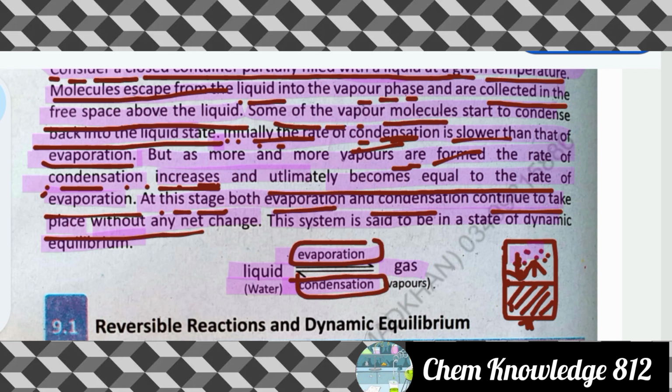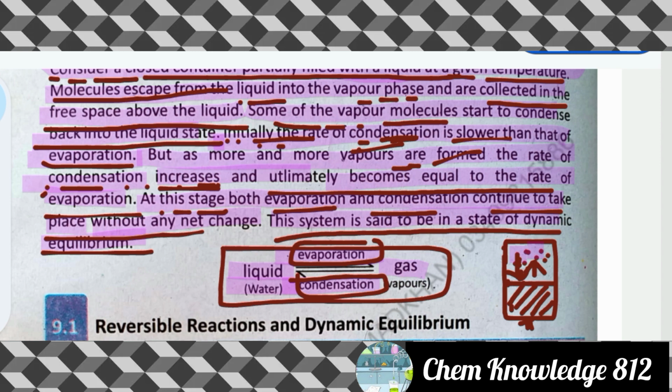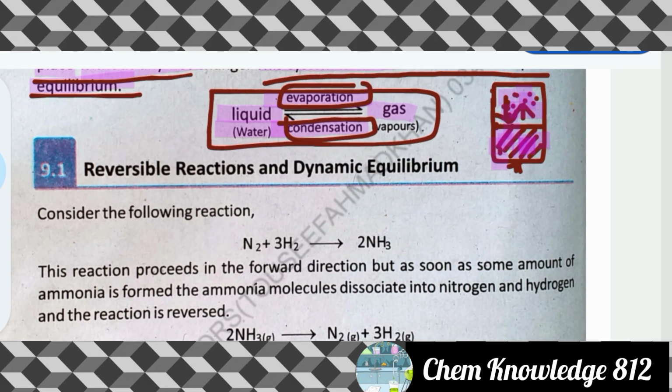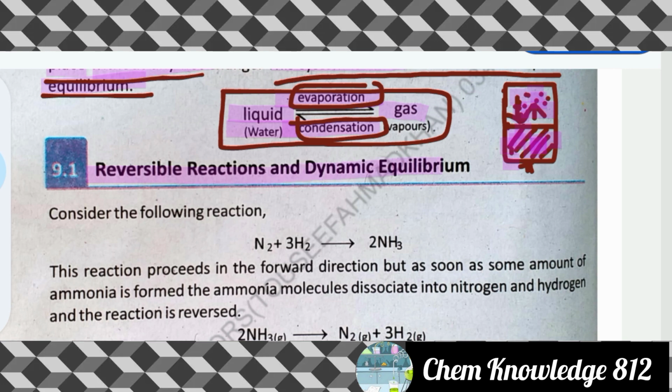तो ये दोनों आपस में इक्वल होंगे। ये जो सिस्टम डेवलप होगा, इसको हम कहेंगे कि ये स्टेट ऑफ डायनामिक इक्विलिब्रियम में है। स्टेट ऑफ डायनामिक इक्विलिब्रियम वो सिस्टम है जिसमें रेट ऑफ एवापोरेशन बिकम इक्वल टू द रेट ऑफ कंडेंसेशन, and in this case both evaporation and condensation continue to take place but without any net change। तो इसमें दोनों हो रहे होते हैं, इसको हम कहेंगे कि डायनामिक इक्विलिब्रियम में है।